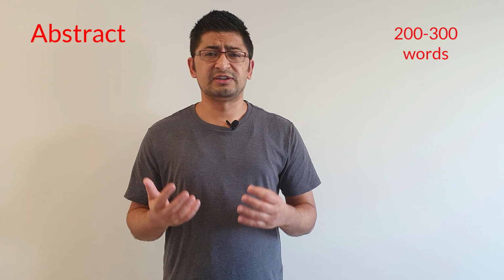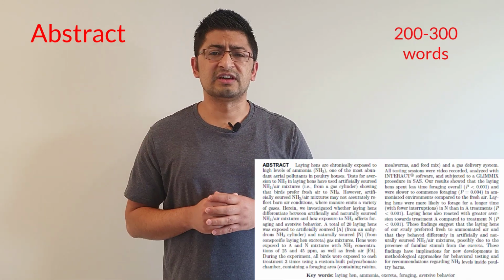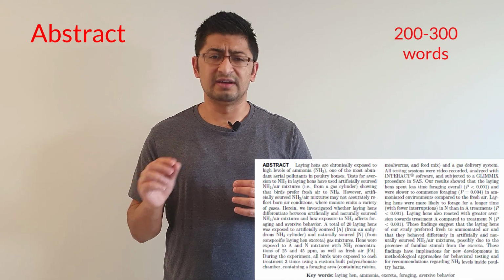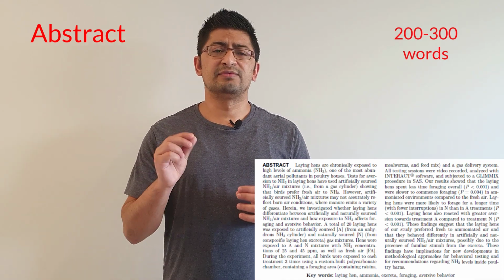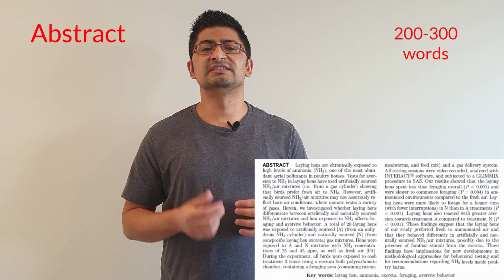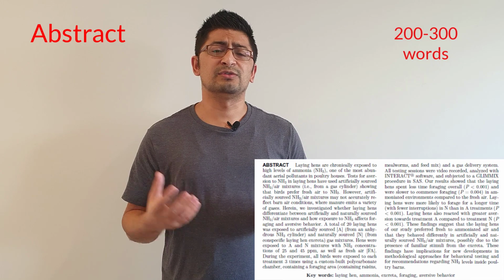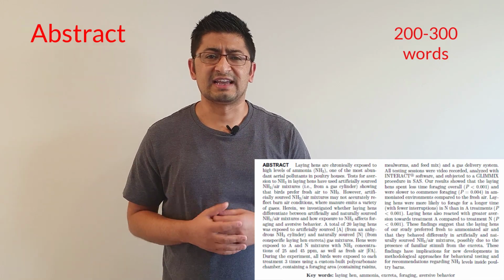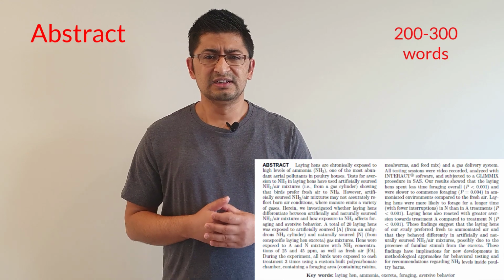So in the abstract, the first line could be a little bit of introduction of your research topic, the second line could be your objective, the third and fourth lines could be your materials and methods, the fifth and sixth lines could be your results and discussion, and the seventh line could be a conclusion or something like that. So basically 7 to 8 sentences in your abstract. By now you have completed your abstract, introduction, materials and methods, results, and discussion.